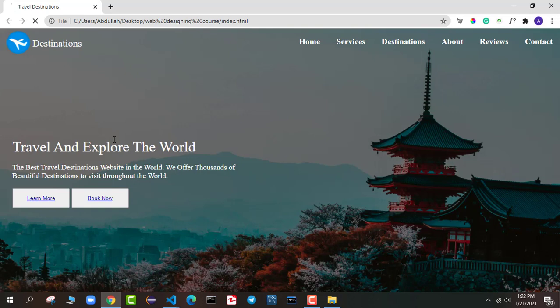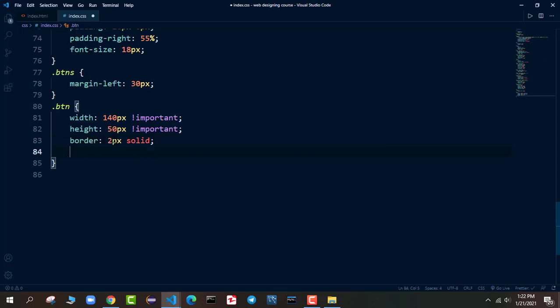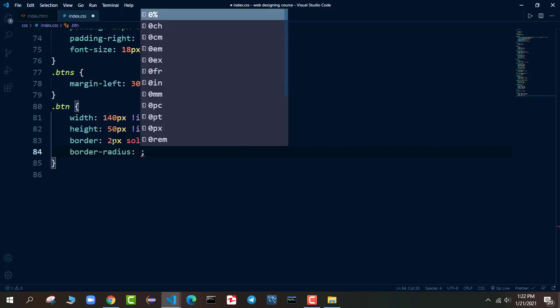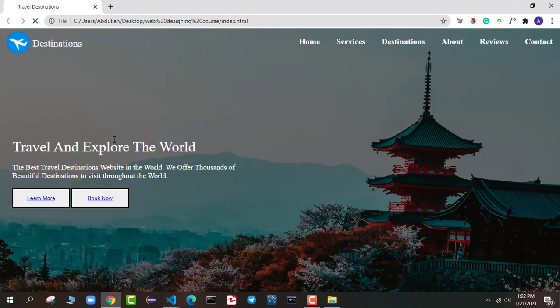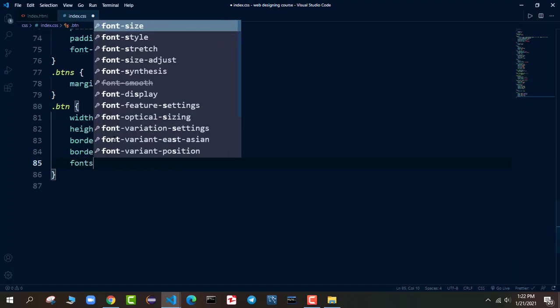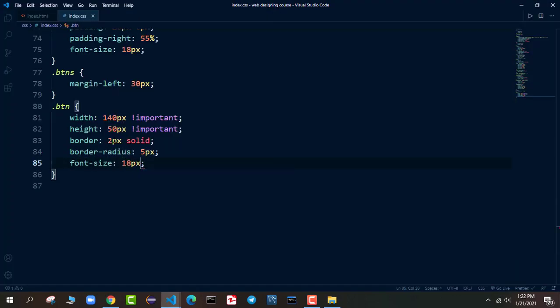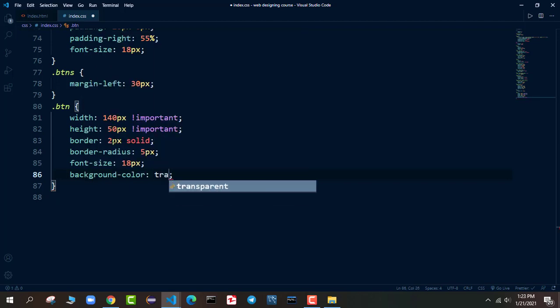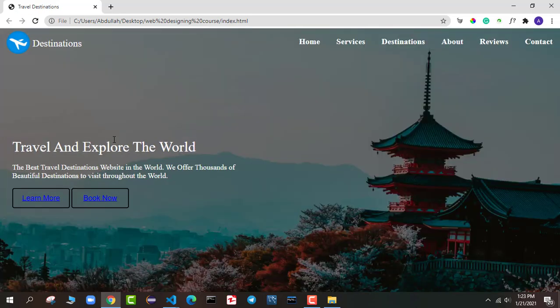We will not specify the color for now, because this is a general class, it will not have any specific color. But we have border radius, so we say border radius 5 pixel, so it will have a bit of a round corner. We want to make the font size 18 pixel, and we want the background color to be transparent, and then we will change the background color according to the situation that we have.